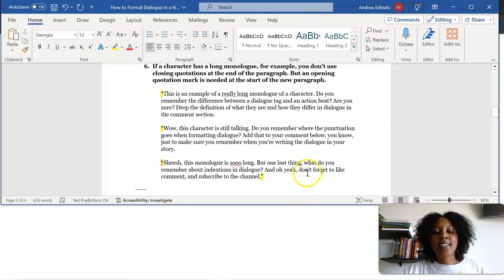Okay, so now that the monologue is finished, we finally have a closing quotation mark for this character. So this is how you would format dialogue if you have a character whose speech is really long and you need multiple paragraphs. This is how you would format it. Now we're going to look at a few examples of dialogue that I have encountered in my career that